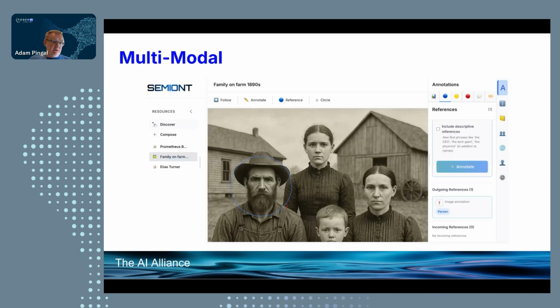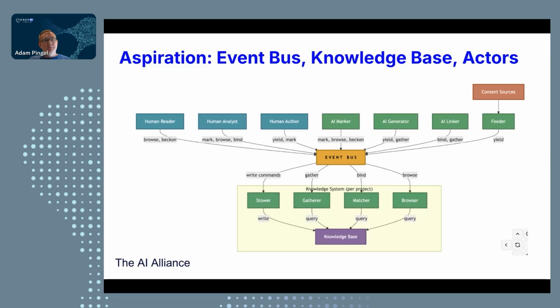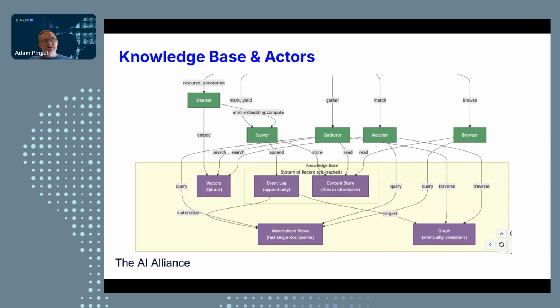And then I mentioned it's multimodal. One of the personal reasons I landed on this idea of a wiki was just doing family history. I've got a lot of old photographs and things like that. So the ability to annotate images in this case, or PDFs in a lot of enterprise settings, I've got the ability to represent and annotate those manually, but we'll be working on auto annotating those things. We're short on time, so